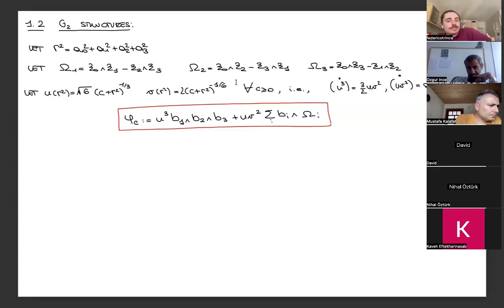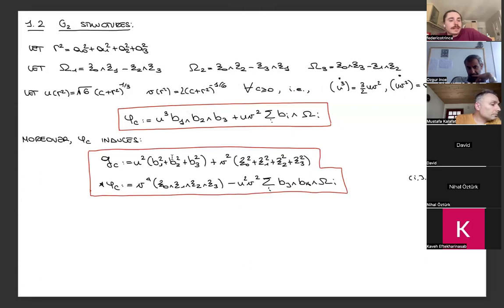Now, given such a G2 structure, we automatically get a metric and a Hodge star. And you can see here that the metric is precisely a conformal change of the metric on the horizontal space plus a conformal change of the metric on the vertical space. So I will come back to this again and again for all the Bryant-Salamon manifolds, because this is essentially the idea.